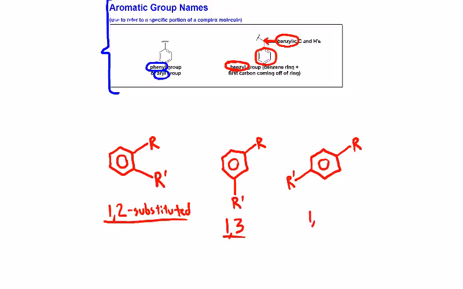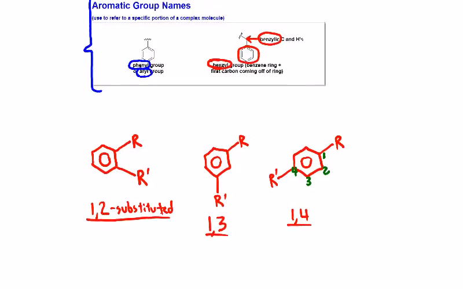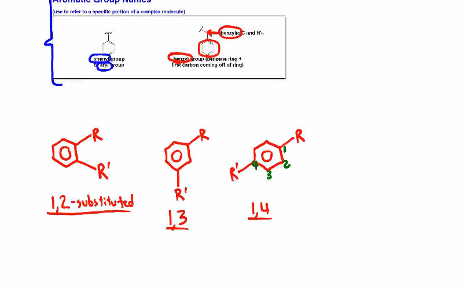And we call that a 1,4 substitution, because if we look at the ring and we say that this is position 1, going around the ring in the shortest direction, which either way here is going to give us the same distance, would put us at position 4 for the second group. So these are going to be our 3 constitutional isomers that we can make by bonding a second group to